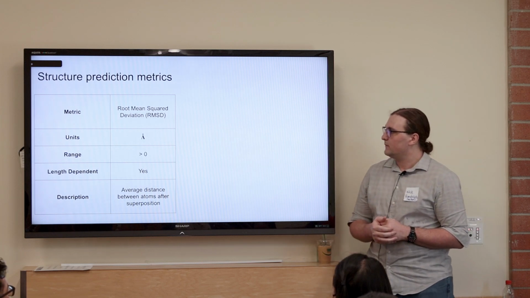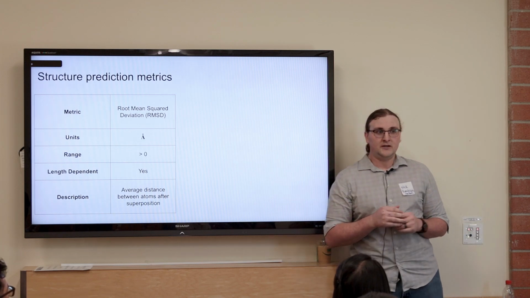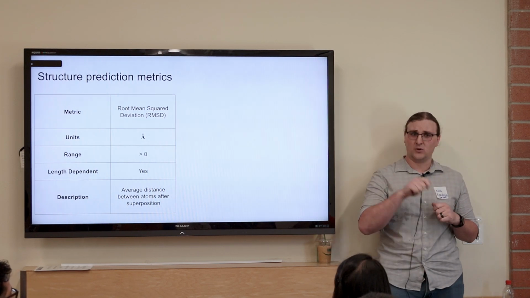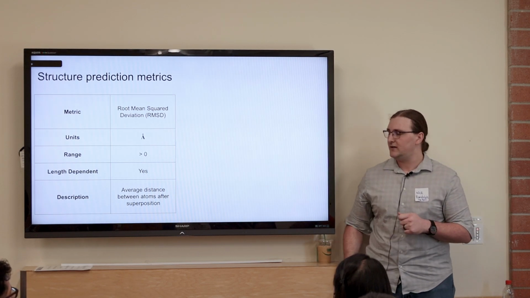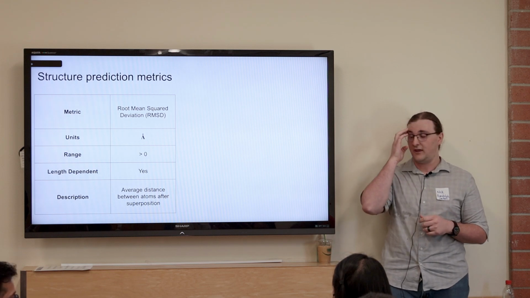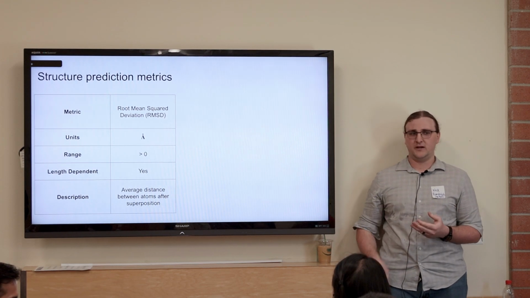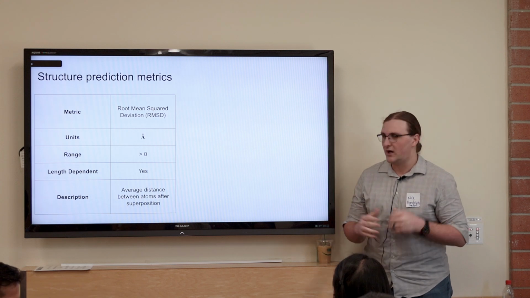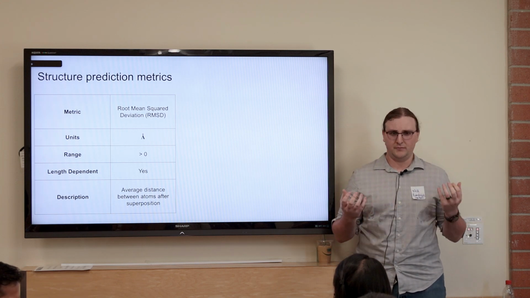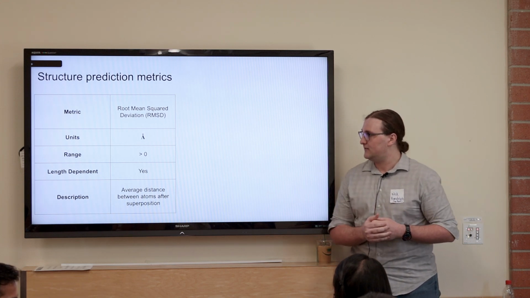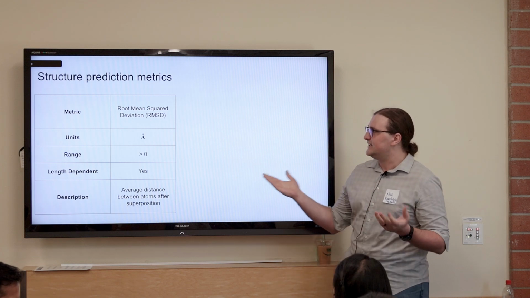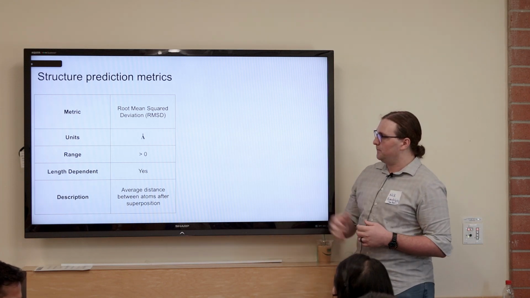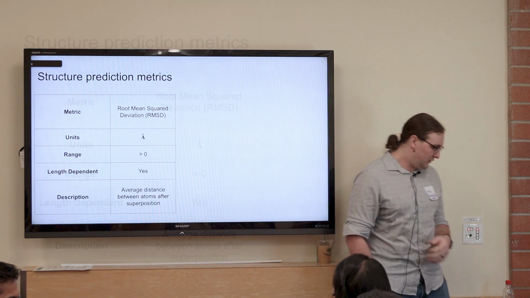One of the problems with RMSD is that it is length dependent. As you grow a protein, there's this power law scaling with RMSD, as well as some of these other metrics that have length dependence. So it might not be the greatest metric when you're comparing proteins across different sizes, or computing an average for a model, because of this length dependence. It's in units of angstroms or some other length metric, and it's just a positive value,